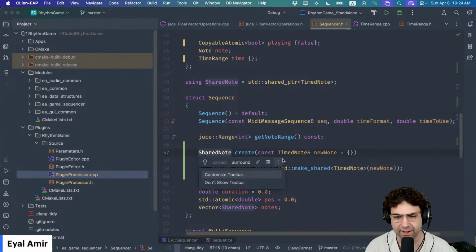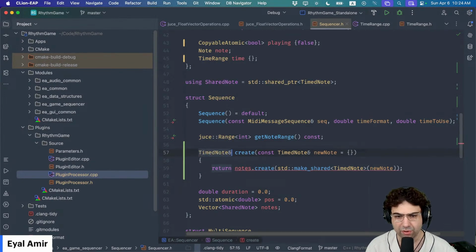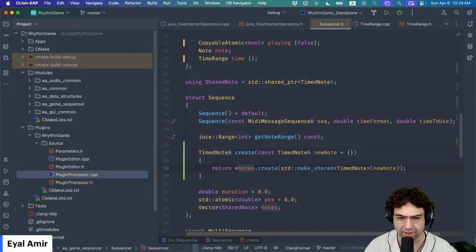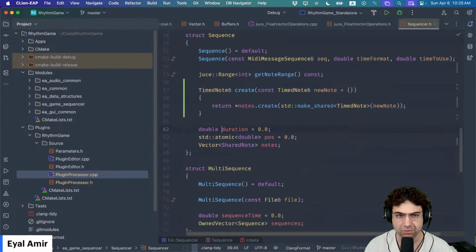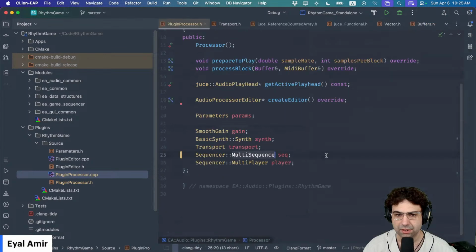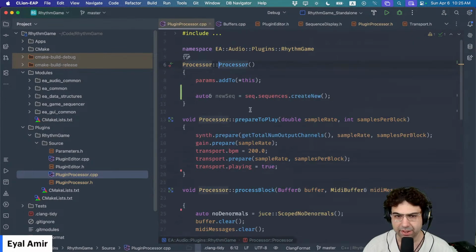Oh, you know what's fun? I can actually, instead of passing a shared note here, I can actually pass just a timed note reference. So kind of not have the caller worry so much about the shared pointer semantics. So that, for example, the user now, which is my plugin, let's see if everything compiles. So the user now, which is my plugin, should be able to do something like,